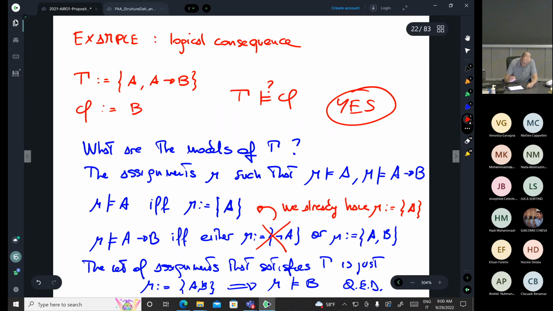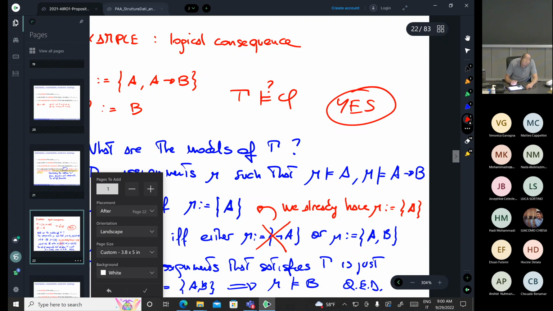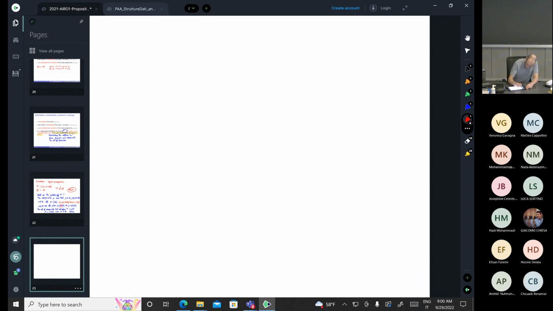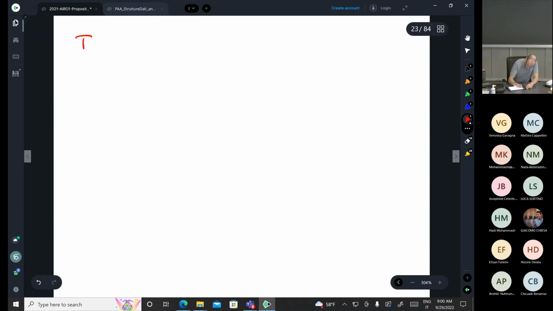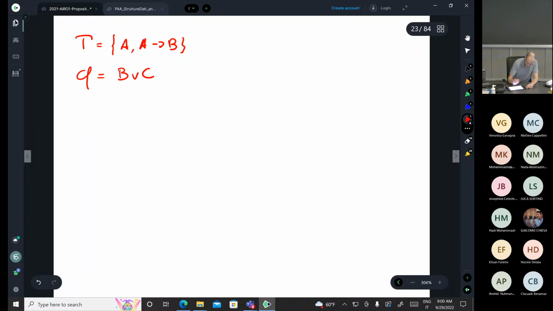Let's make another example. So now this time gamma is A and A implies B, and phi is B or C. So we already know